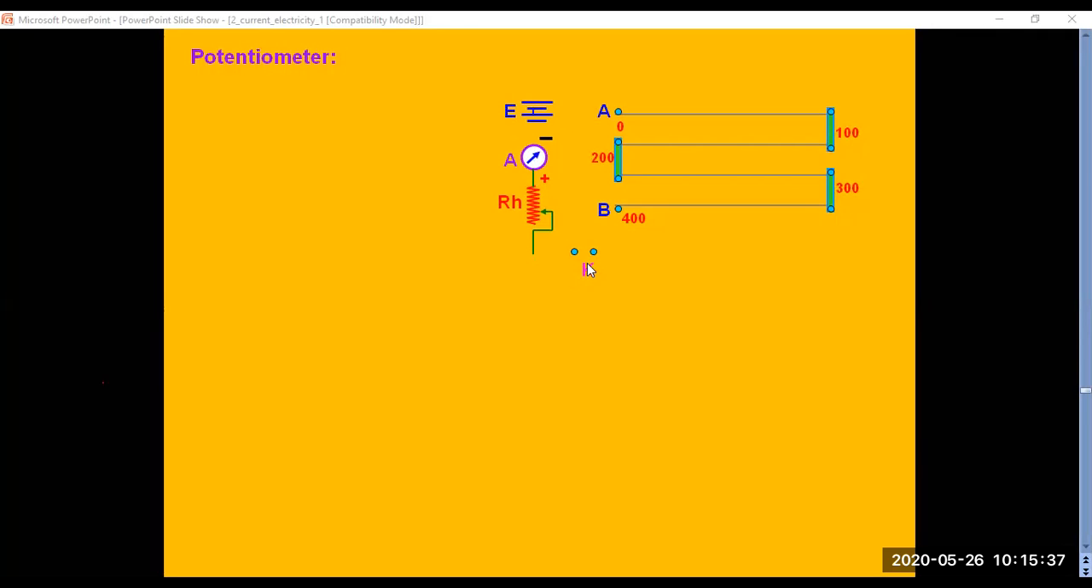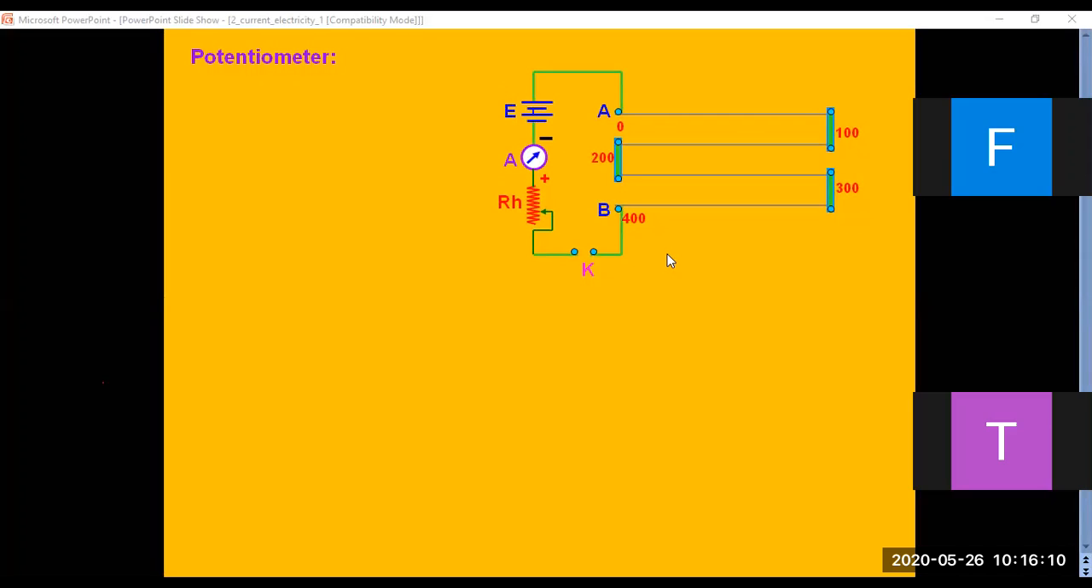And the small two-terminal K, what you can see is a plug key. I'm going to make a series connection here, so end to end. A and B is your potentiometer wire, E is the battery, A is your ammeter, RH is your rheostat, and K is your plug key. We'll connect it in a series way. Can you see? The connection in green is given. So this setup now is the general setup for your